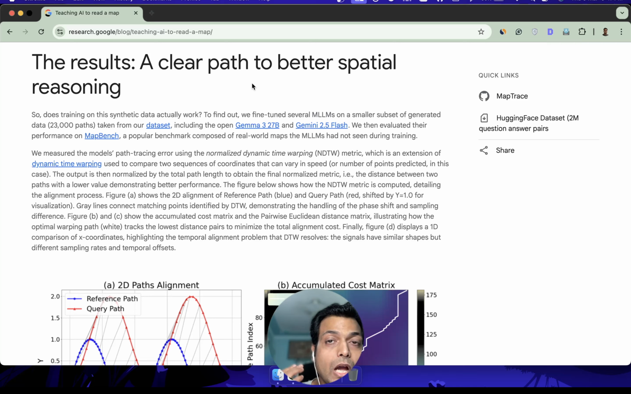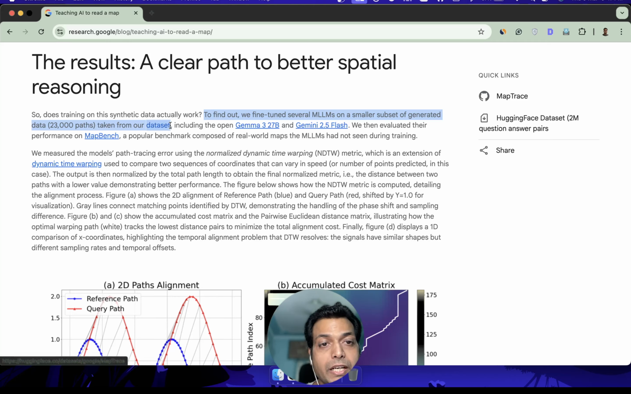How do they find a road network, or find a route on a map, or basically read a map properly? How do we train AI? So does training on this synthetic data actually work? To find out, we fine-tuned several multimodal LLMs on a smaller subset of generated data, 23,000 paths taken from our dataset,